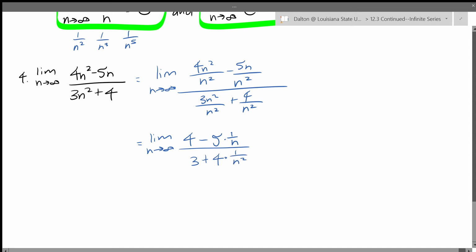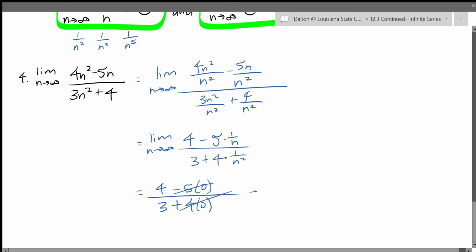And then when you actually take the limit, you no longer need to write the limit as n approaches infinity. So if I don't write that anymore, the limit as n approaches infinity of 4 is 4. Minus the limit of 5 is 5. The limit of 1 over n as n approaches infinity is 0. All over the limit of 3 is 3. Plus the limit of 4 is 4. Times the limit of 1 over n squared is also 0. So then, of course, these terms multiplied by 0 essentially disappear,